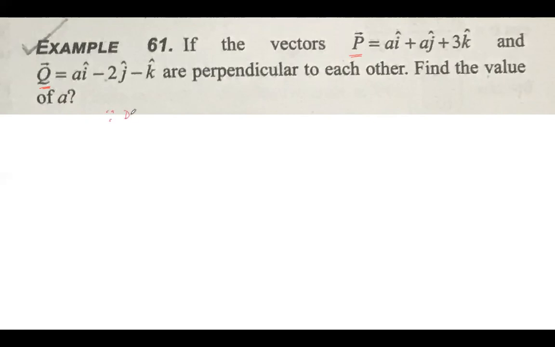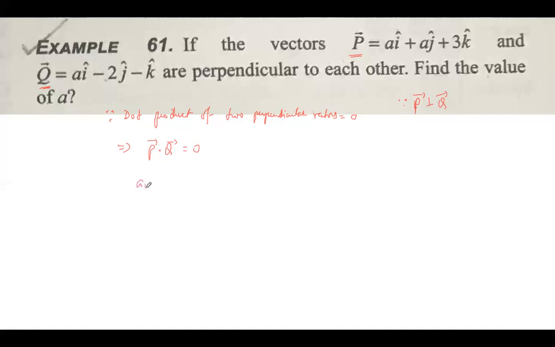So since the dot product of two perpendicular vectors is equal to 0, this implies P dot Q is equal to 0. And since vector P is perpendicular to vector Q,